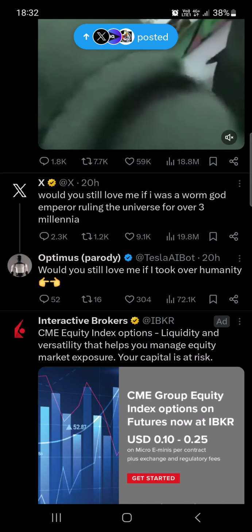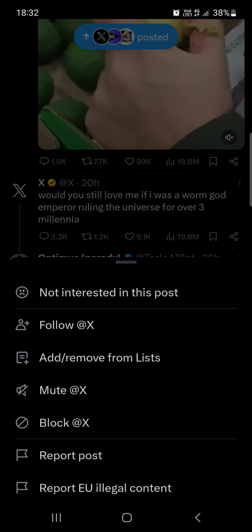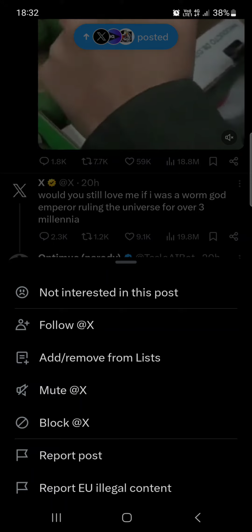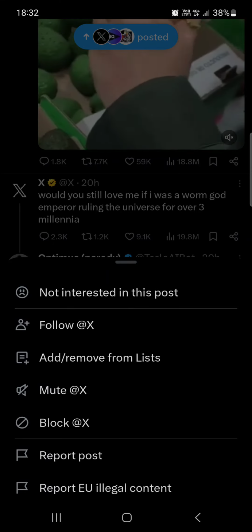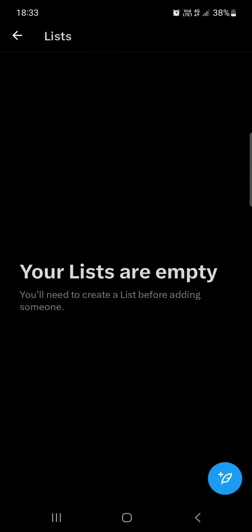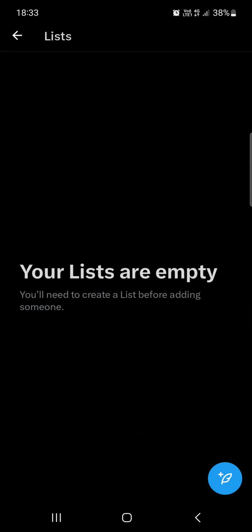On the top right corner of the post, we find the three little dots, and then we find an option to add/remove from lists. Now, if we tap on this, we can create a list to which we want to add this post. If we already have a list, we can just